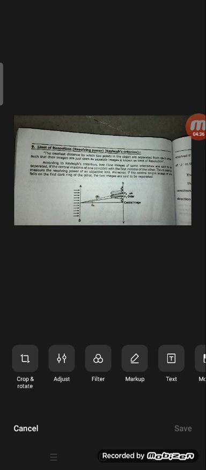So if the central bright image of one falls on the first dark ring of the other, the two images are said to be separated. If the central images are formed as bright, and the bright image falls on the first dark ring of the other, then the two images are said to be separated. So this is known as limit of resolution. Okay.